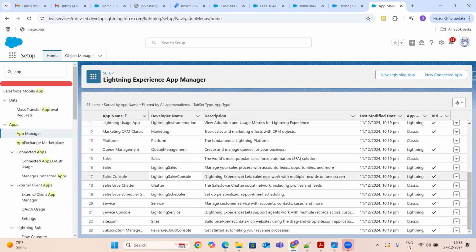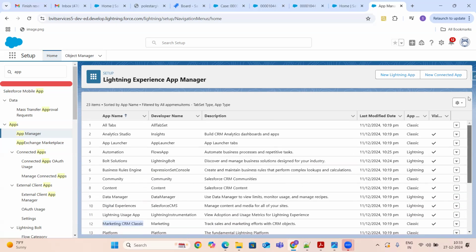These are the apps we were going through for the last 10 classes: marketing CRM, sales console, service console. If I want to create a new application, I need to create a new Lightning app, and there is another one, new connected app.